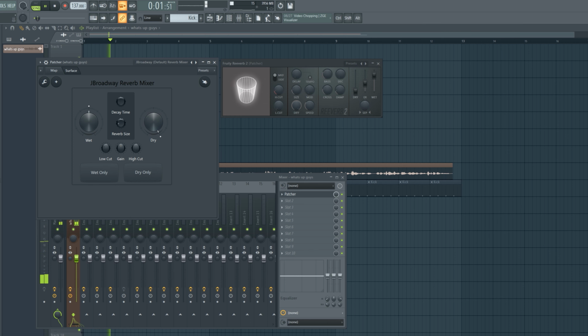JBroadway here. Today I'm going to be giving away my reverb mixer and I'm going to show you how to use it. This is something I made in Patcher a while ago and it's really helped me to speed up